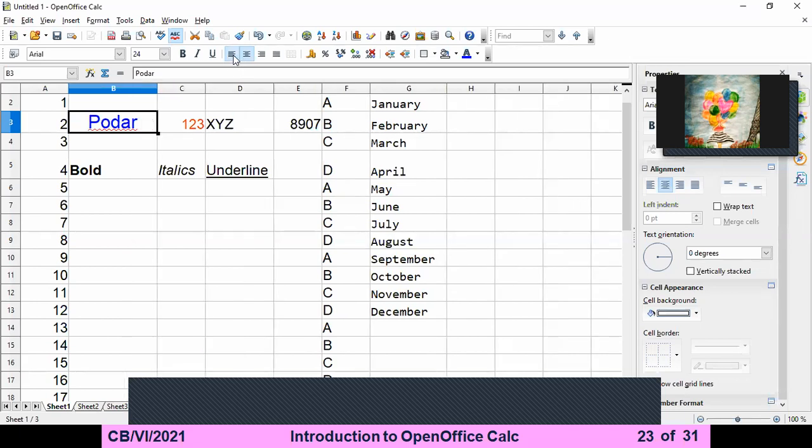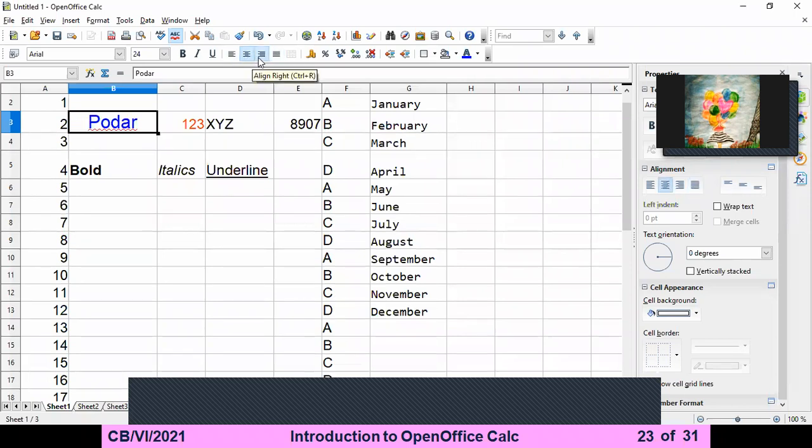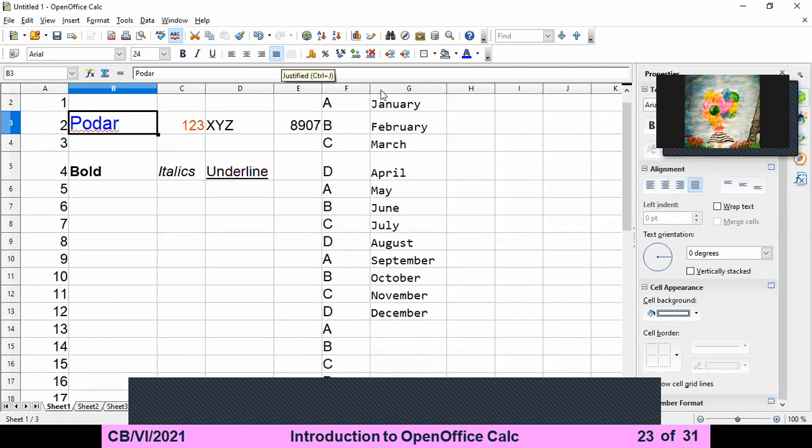This is the left alignment, Control plus L. Center alignment, Control plus E. Right alignment, Control plus R. And justify, Control plus J. Remember the shortcut keys, don't forget them. Control plus L, left alignment. Control plus E, center alignment. Control plus R, right alignment. Control plus J, justify alignment.